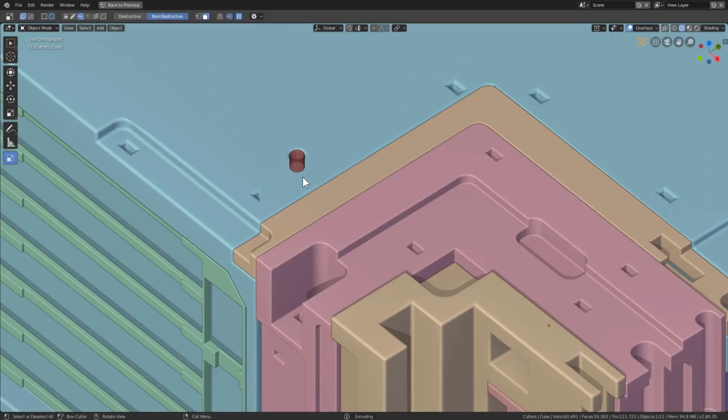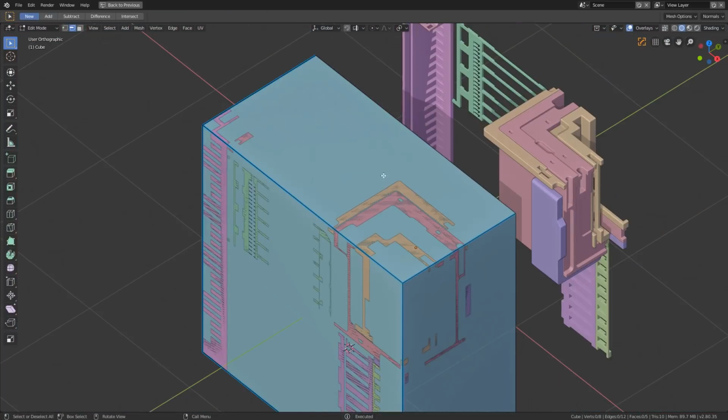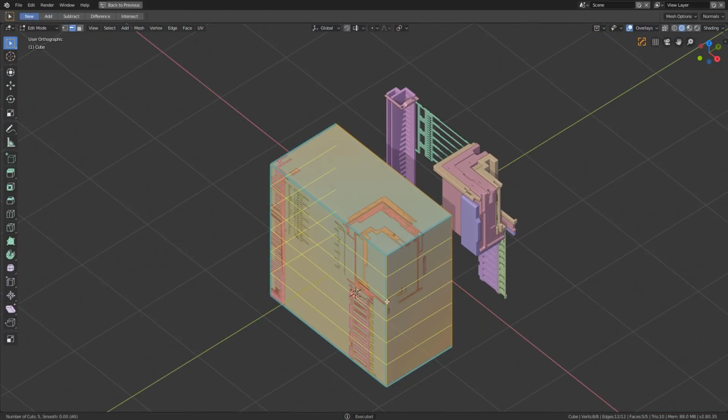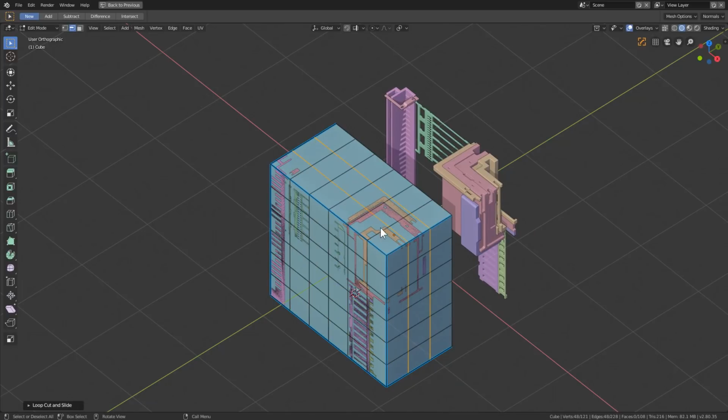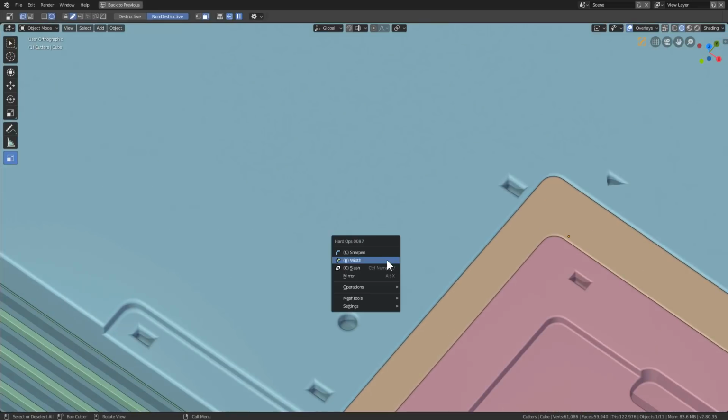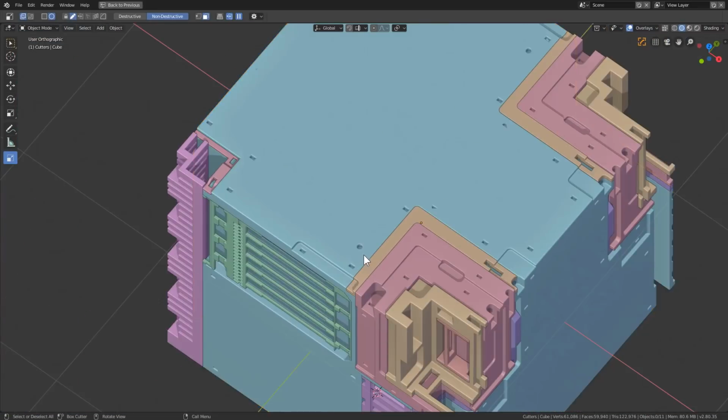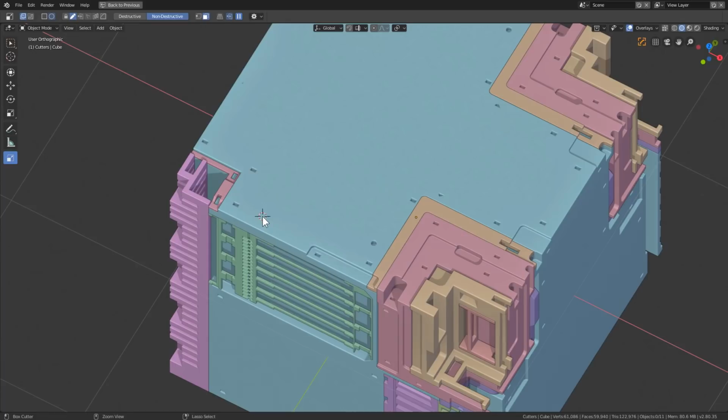Notice right here that the bevel breaks down. What can we do to fix that? I bet we can roll a couple of loops in here in edit mode, and that'll give it a little bit to jump off of. So now